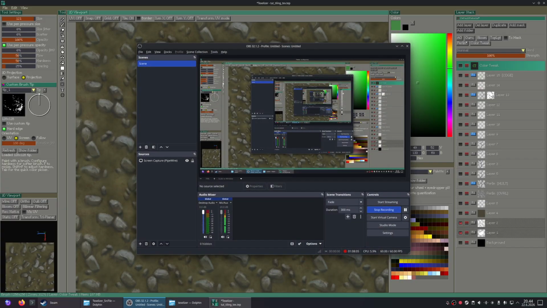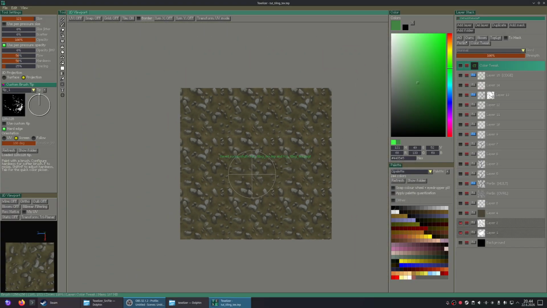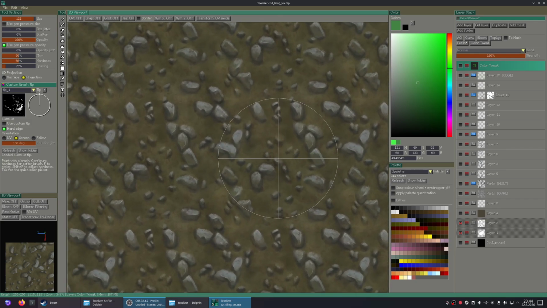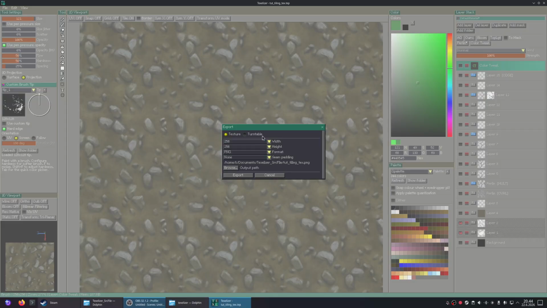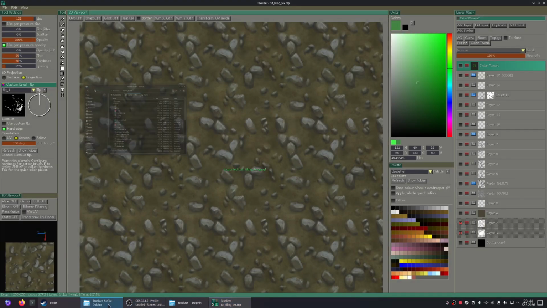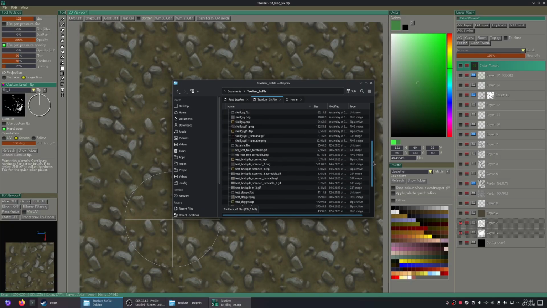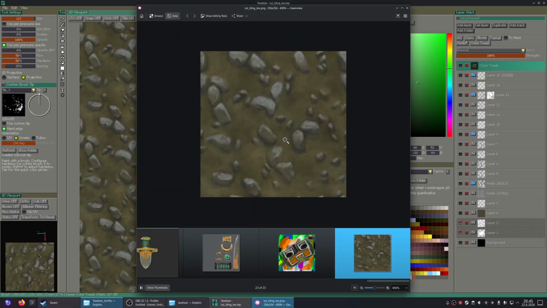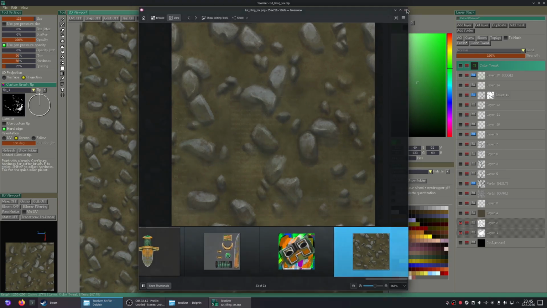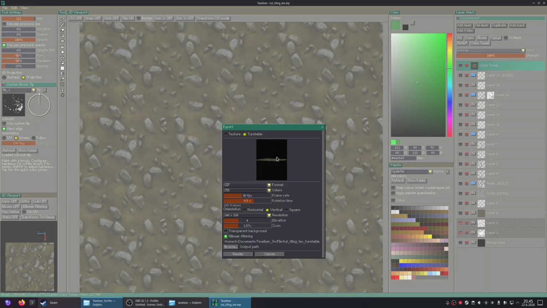How long is this? Okay, 1 hour, 8 minutes. So I think that is a pretty good length for this video. Let's just export. Actually, we could play with the palettes, but I have already done that in my other videos, so maybe I will not do it in this one. There it is. The finished texture.